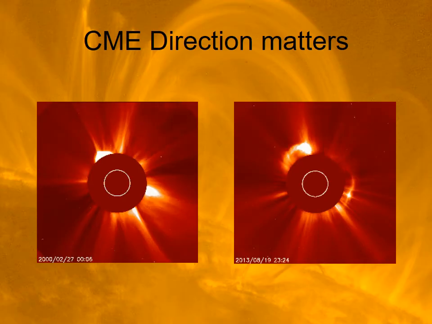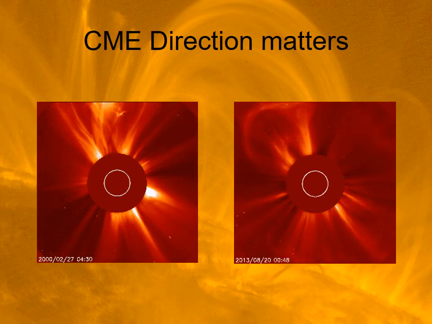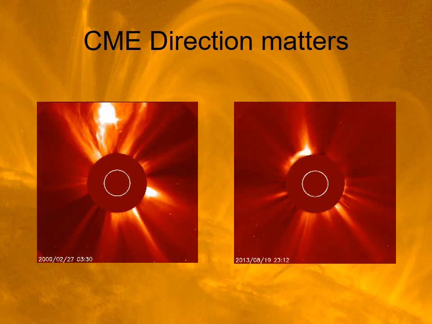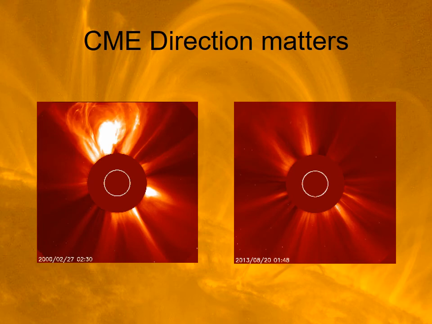The direction of the coronal mass ejection also matters as to whether we get the storm or not. On the left, that's a coronal mass ejection going off the side. That's not a big deal. It might hit another planet, but for us, we just watch the big storm go out. The one on the right, you can see this halo effect of the coronal mass ejection heading directly towards Earth. That's one we have to worry about.